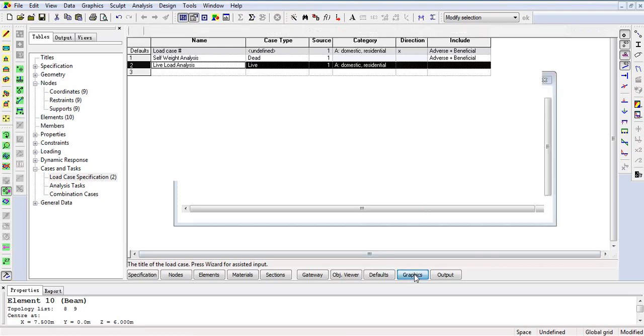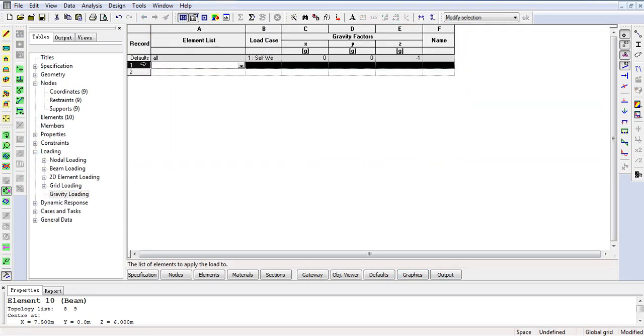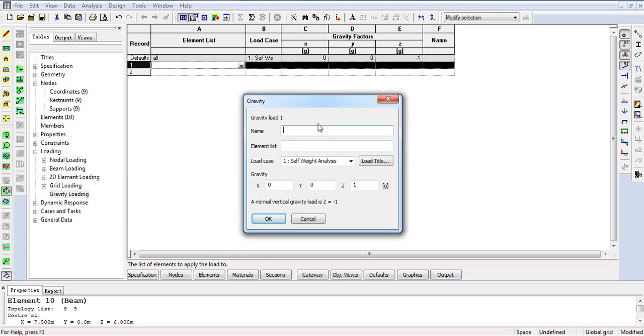Next, we should define the self-weight loading. So still go to the gateway menu, loadings, and gravity loadings, and click on the first line, use result. Give your name as self-weight loads, and element list is all. Then all the elements in this model will be included in these cases. So load case is load case 1 because it's the self-weight part, and the gravity should input -1 in the z direction,